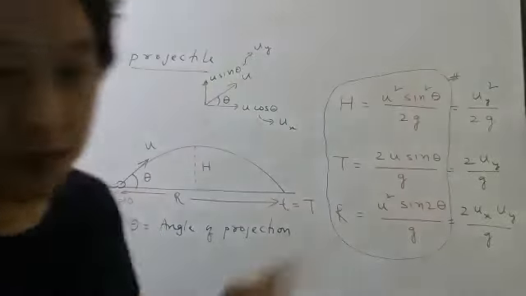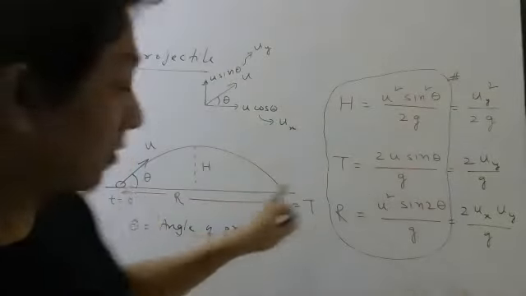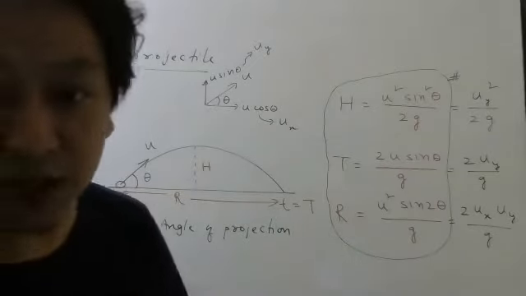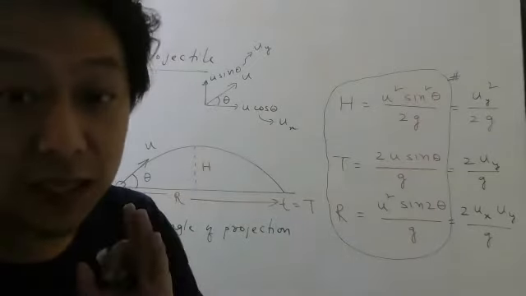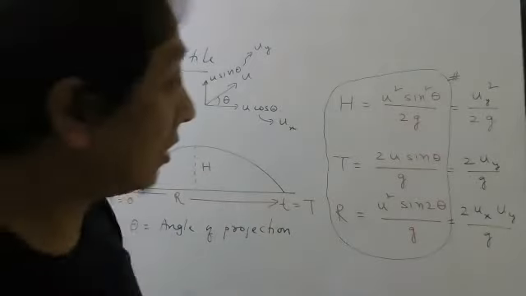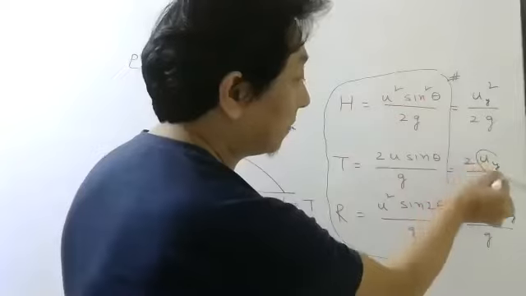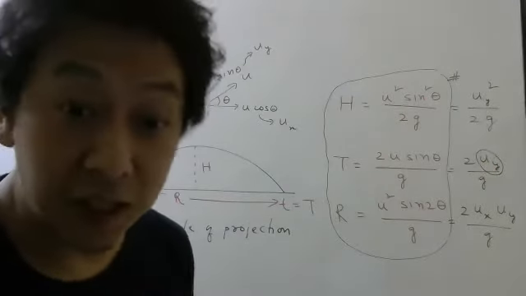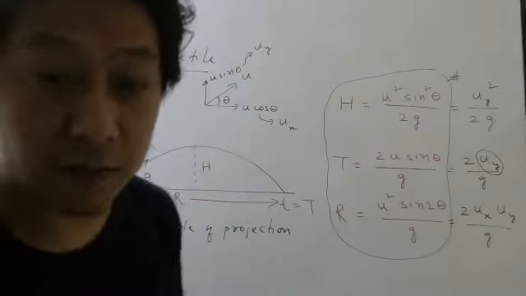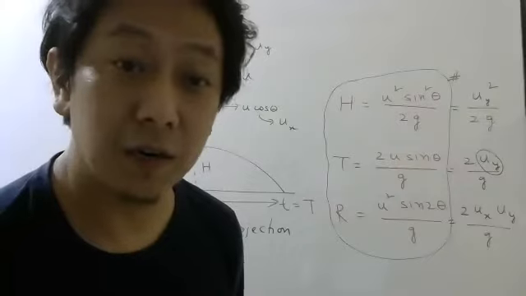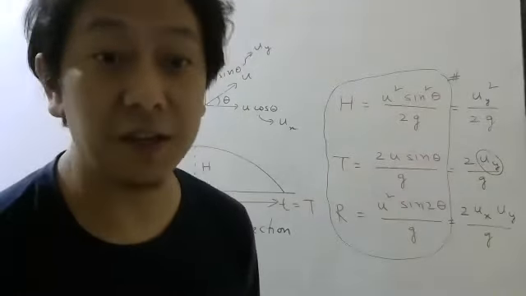Now, one thing you look carefully, time taken from here to here. Time taken in projectile motion is independent of x component of velocity. It only depends on which component? It only depends on y component of initial velocity. Remember, this is something very, very useful for solving many questions which may come in your entrance exams.